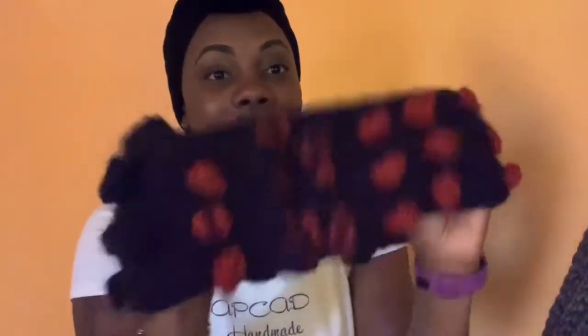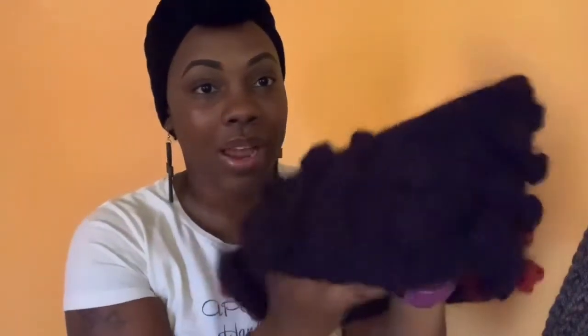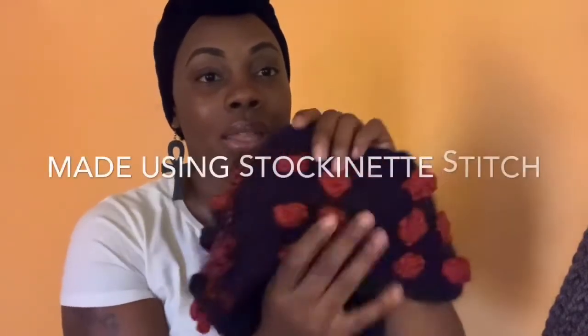So the first thing, I'm going to slide this on over here so you guys can see it. You can't really see it, but it's my little mannequin that's holding all of my stuff right now. I made this neck cowl right here, and it has little baubles on it. I originally started with the purple baubles, and then I said, well, I want to add a little color, so I added some red baubles, and I mixed in some of the red with the purple. The purple is a purple acrylic yarn that I got from Joann's, and then the red is